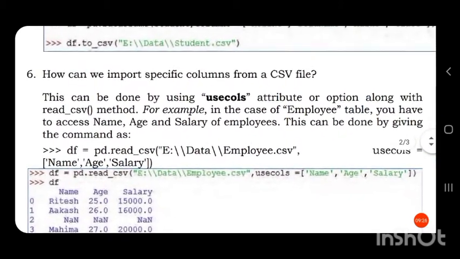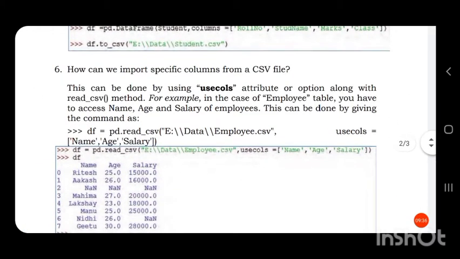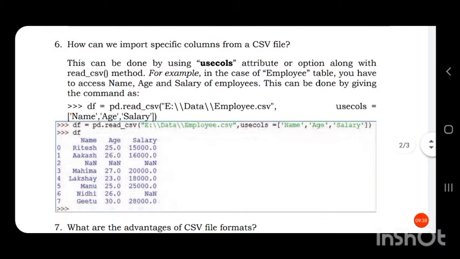This can be done by using the usecols attribute or option along with the read_csv method. For example, in the case of an employee table, you have to access name, age and salary of employees.